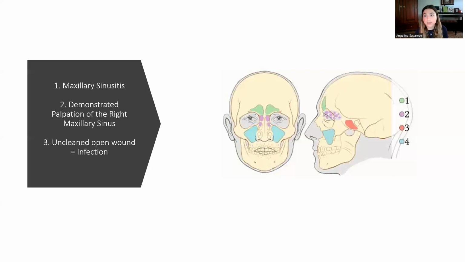Step by step, I believe that after he got into the fight, he had an opened wound, and it was not cleaned immediately, so a bacteria, a virus, or a fungus got into his bloodstream and then reached the membrane of his right maxillary sinus, and then it became infected, which is how he ended up with the diagnosis of